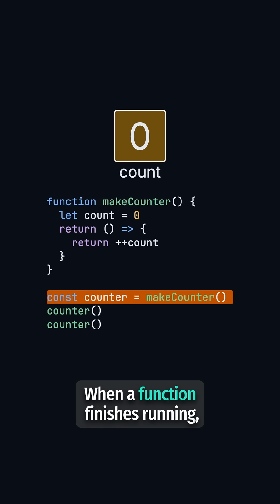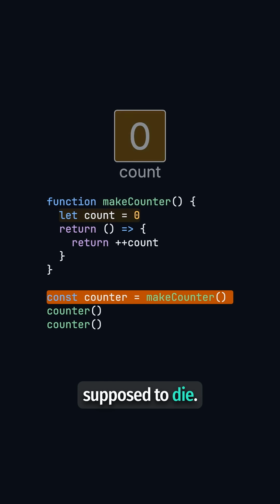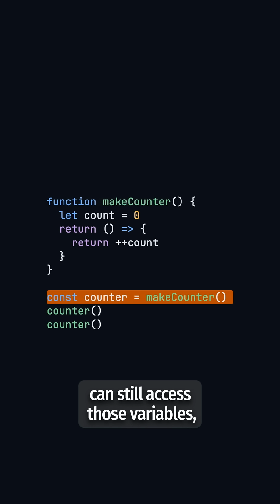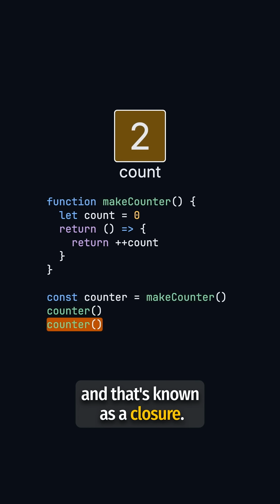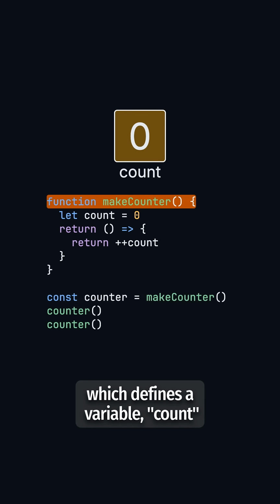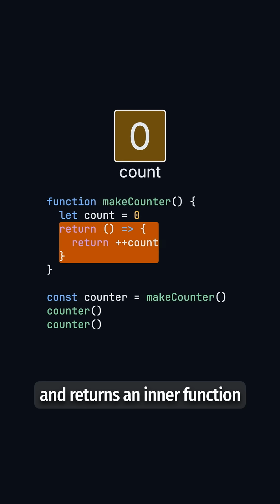When a function finishes running, its local variables are supposed to die, but a nested function returned from that function can still access those variables, and that's known as a closure. Let's say we have a function called makeCounter, which defines a variable, count, and returns an inner function that increments